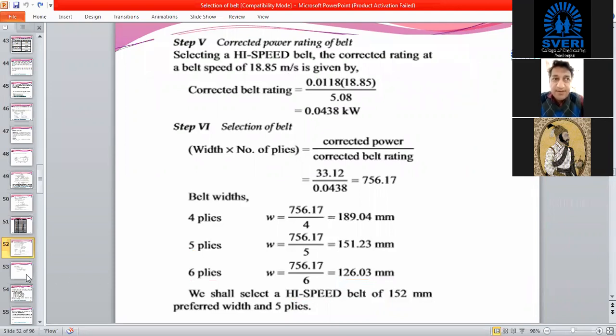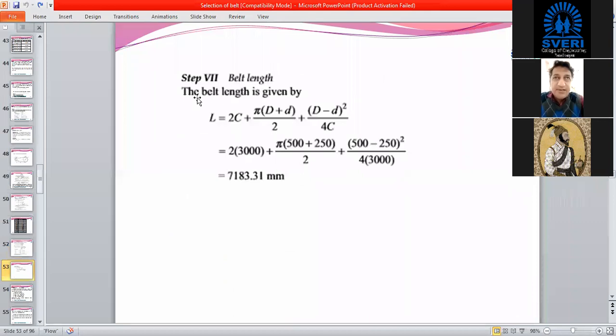Got it? Any question? Then last, all this we have calculated in seven steps only. Last we have to calculate the center distance, and you have to calculate the length of that belt. For that, center distance is known, diameters are known for the bigger and smaller pulley.